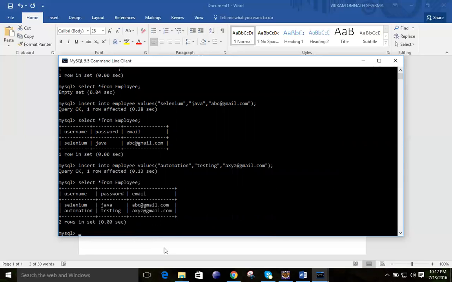What we will do is write our Java program that is going to connect with this MySQL database. After connecting, it should connect to the database you have used, that is Jyoti DB, and from that Jyoti DB it should retrieve the data from the table known as employee. So here you can see this is the data present in MySQL. Now we will try to write the same thing as a Java program. That Java program will take the data from this database and display it in our console.